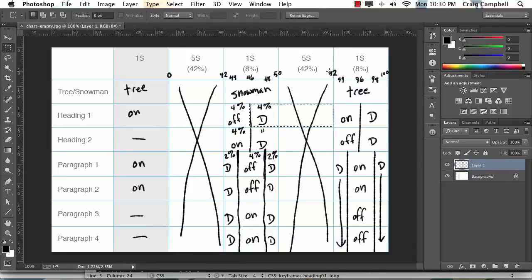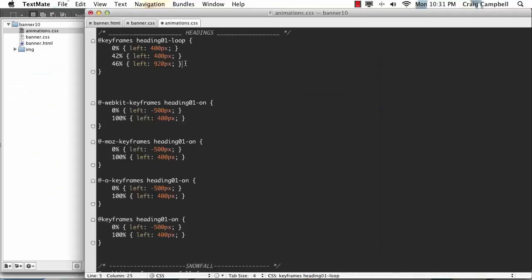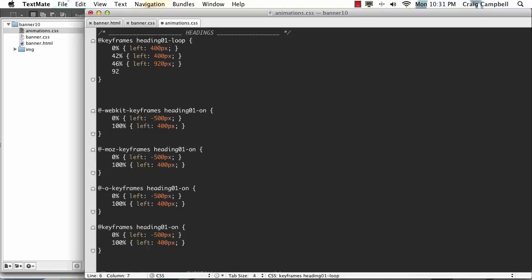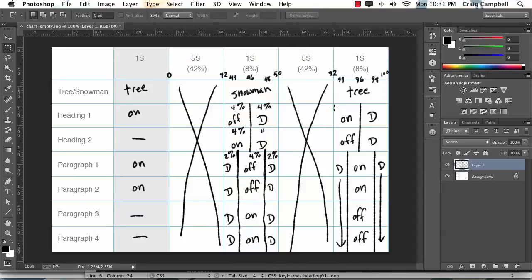So we'll create another keyframe at 92%, and that keyframe, again, it's at the end of a delay, so it's going to have the same left value that we had at the beginning of the delay. So again, at 92%, we'll create a new keyframe here, and here the left position is going to be exactly the same, 920 pixels. So we'll jump back to our chart, and then from 92 to 96, we're going to